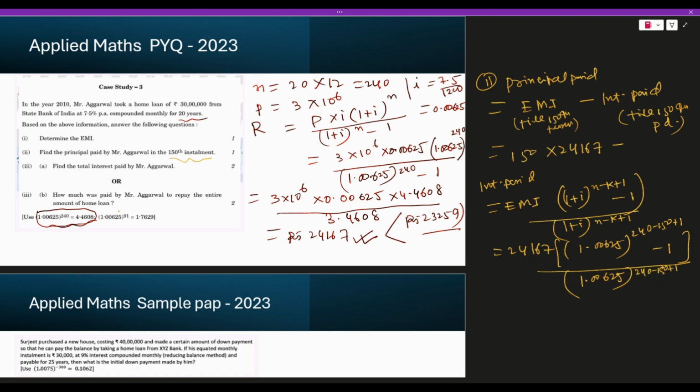See why this thing is given. 1.00625 to the power 91. It is because of this. It's coming 240 minus 150 plus 1, which is 91. So put the value directly. This is what? 1 point 7629. This is the advantage you will get. Calculator not allowed, but you will get this advantage. 291 that divided by